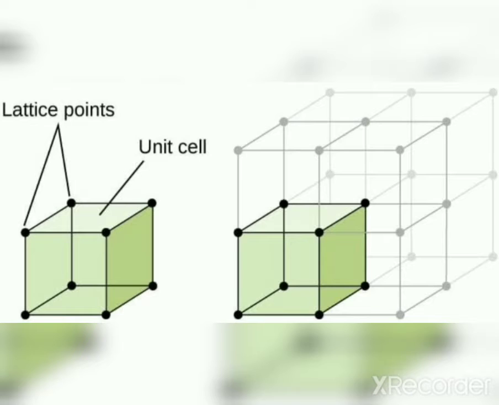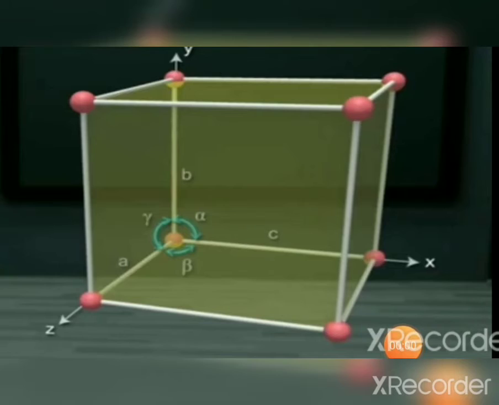What is meant by unit cell? Unit cell is the smallest portion of the crystal lattice, which when repeated along different directions generates the entire crystal structure. A unit cell is characterized by edge lengths a, b, c and the angles between the edges alpha, beta and gamma. So a unit cell is characterized by 6 parameters, 3 edge lengths a, b, c and 3 angles alpha, beta and gamma. Now alpha is the angle between the edges b and c. Beta is the angle between a and c, whereas gamma is the angle between a and b.